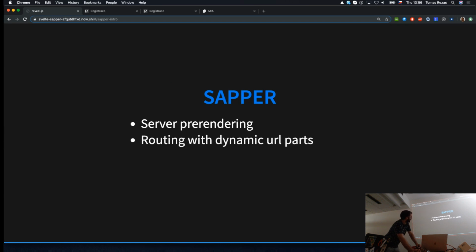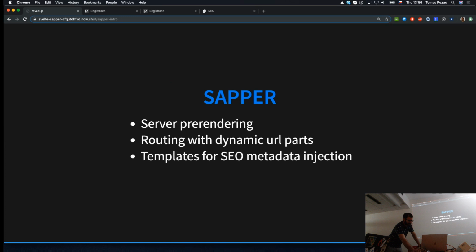It has these dynamic parts in URLs. You can have multiple dynamic parts in the URLs of the files which are in the folder. Maybe I can later show some real example to imagine it more easily. It has a quite easy way to inject metadata, and by this I mean the metadata of HTML, which are then used by Facebook sharing or whatever.